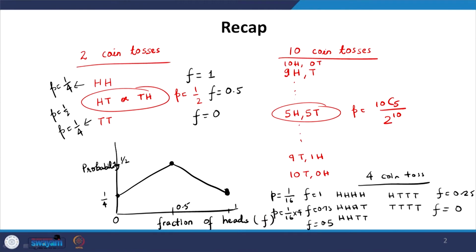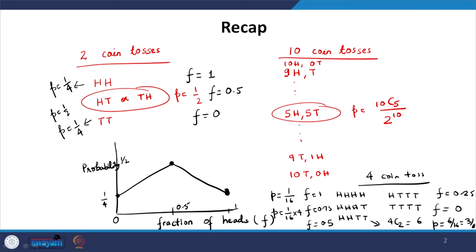So, this can be done in 1 by 16 into 4, that is 1 by 4 ways. The third case, similarly I can do in 6 ways, because in total we can have 4C2 ways to pick 2 heads, or 4C2 ways to pick 2 tails, and that is going to be 6. So, probability should be something like 6 by 16, that is 3 by 8, and again for f equal to